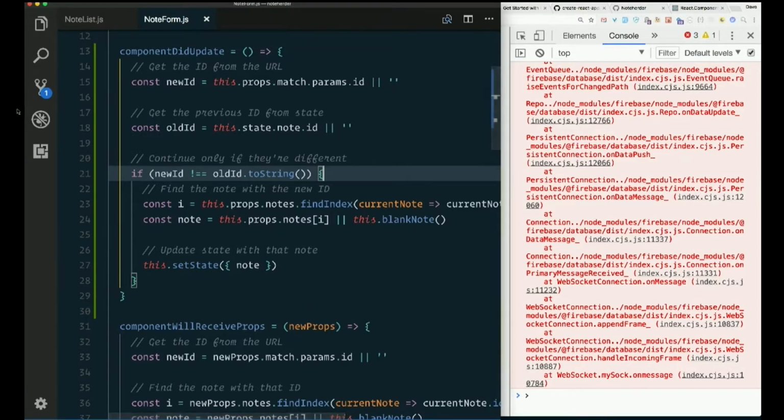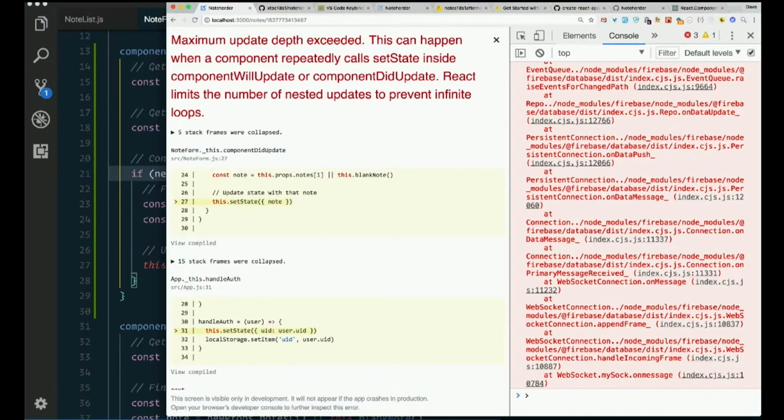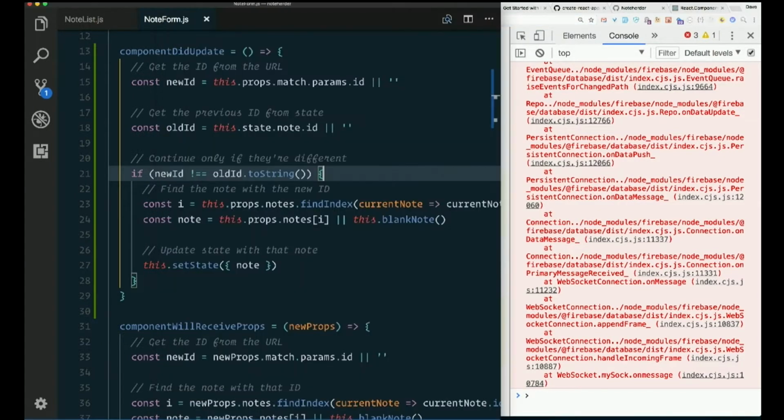When I first load the page and I've got an ID in the URL, we get that. It's whatever that number is. From state, well, there was nothing already in the state. We just loaded the page. So they're different, so we're going to run this. And, okay, we grab the note. We say set state. That fires this again, but